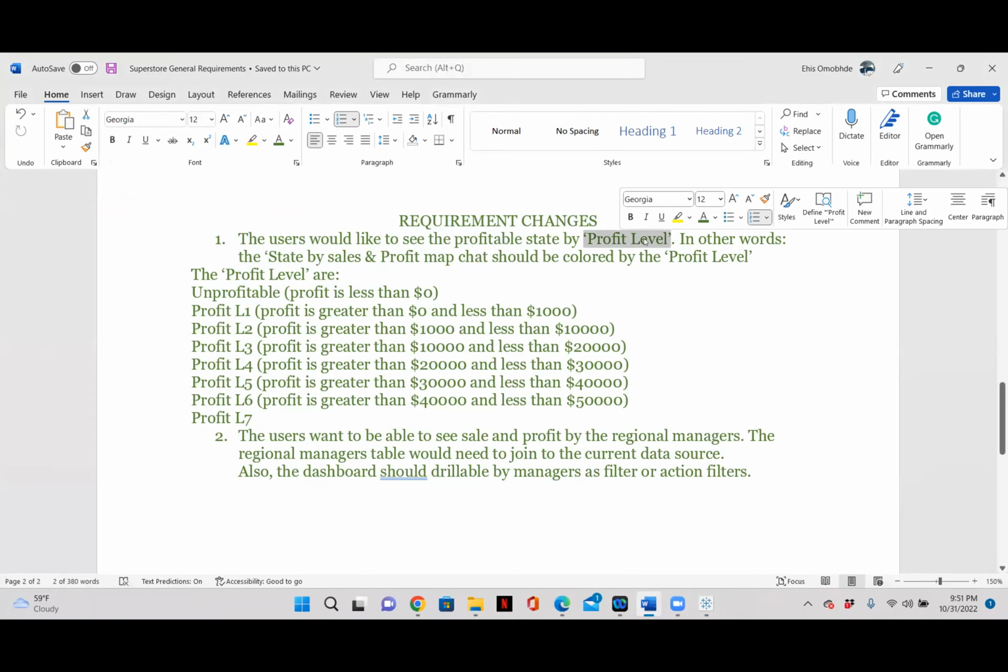So instantly, that will tell you that you're going to create a calculated field to derive this profit level. Okay? And if you read further, it says, in other words, the states by sales and profit map chart will be colored by the profit level. Now, I know Ejiro did